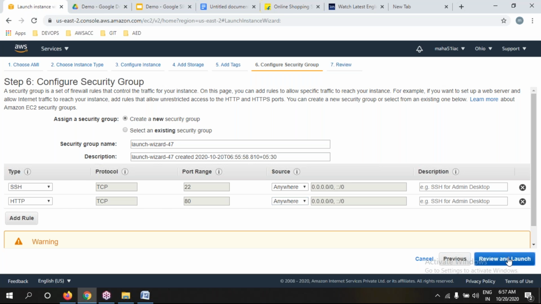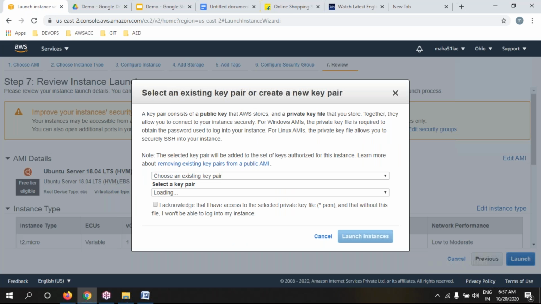Okay. Review, launch. Don't worry, a little bit of speed. I'll repeat tomorrow also. Don't worry. Every day we're going to be creating this instance. Without the server, we can't do anything. Not only in AWS, in DevOps also. Without a server, without AWS, we can't do anything in any class in the entire DevOps.